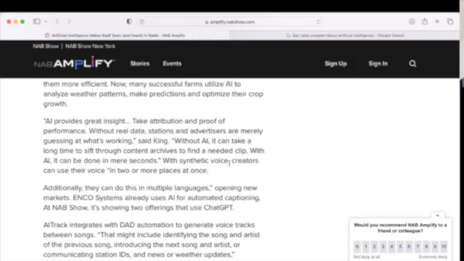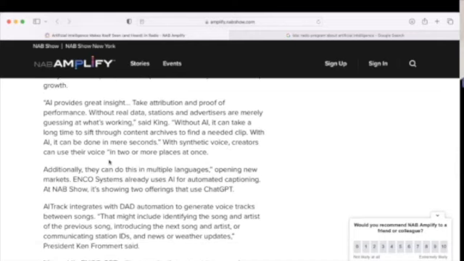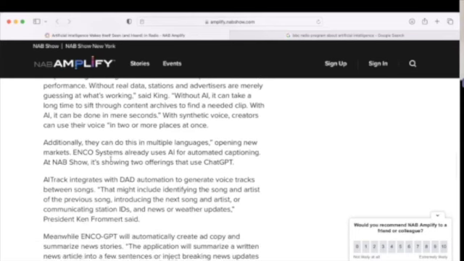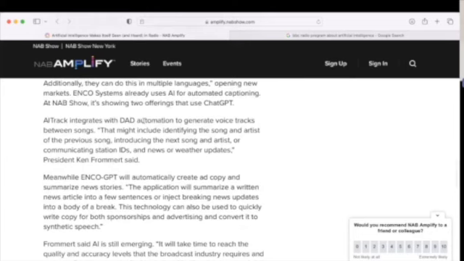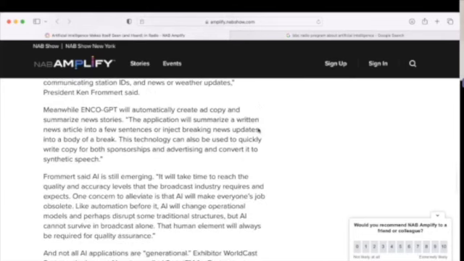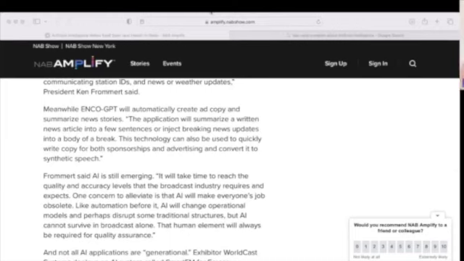So with synthetic voices, creators can use their voice in 2 or more places at once. So you can use your own voice to be somewhere else at the same time. Also multiple languages. Yeah, not so sure about African languages yet, but anyway. So there are a lot of good things about making use of AI in this industry, but what I'm getting at is